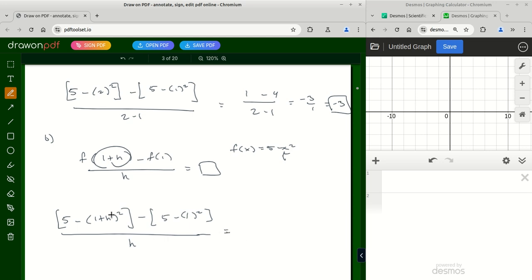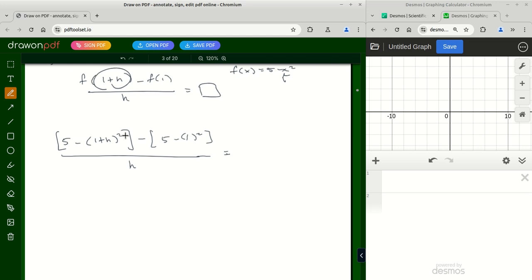So I need to do a little bit of math here. This one I'm going to FOIL out. And this is calculus. I'm just going to go ahead and do it real quick. All right, there you go. And then 5 minus 1 is a 4 all over h. Distribute your minus sign. And so what we actually get is 5 minus 1 minus 2h minus h squared, and then minus the 4